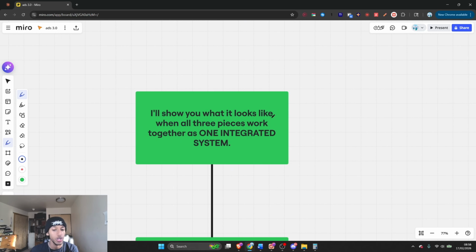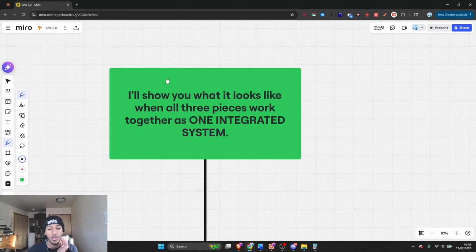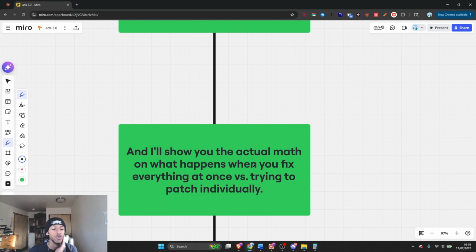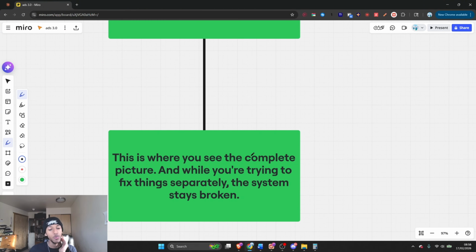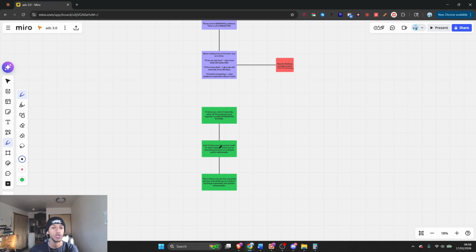I'll show you what it looks like when all 3 of these pieces are working together with one integrated system. And I'll show you what the actual math is on what happens when you fix everything at once versus trying to patch individually. This is where you see the complete picture, and while you're trying to fix things separately, the system stays broken. So what I want you to do is click the link in the video below where I show you the full integrated system